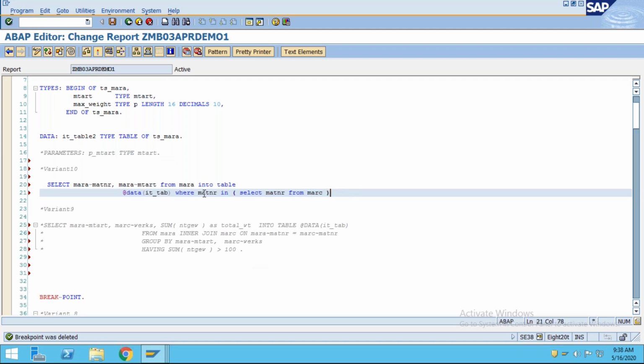I think it should work. Let me check the syntax, and you can see there is no error.